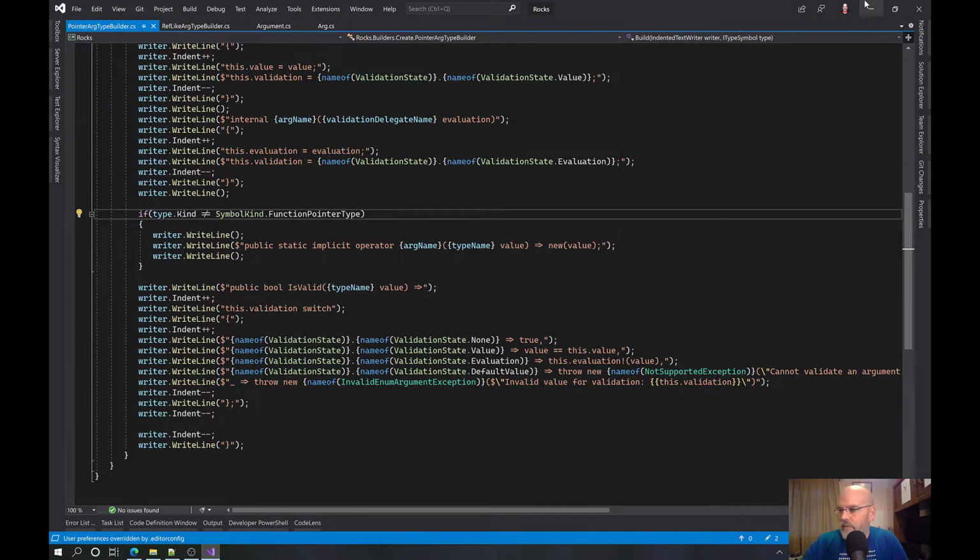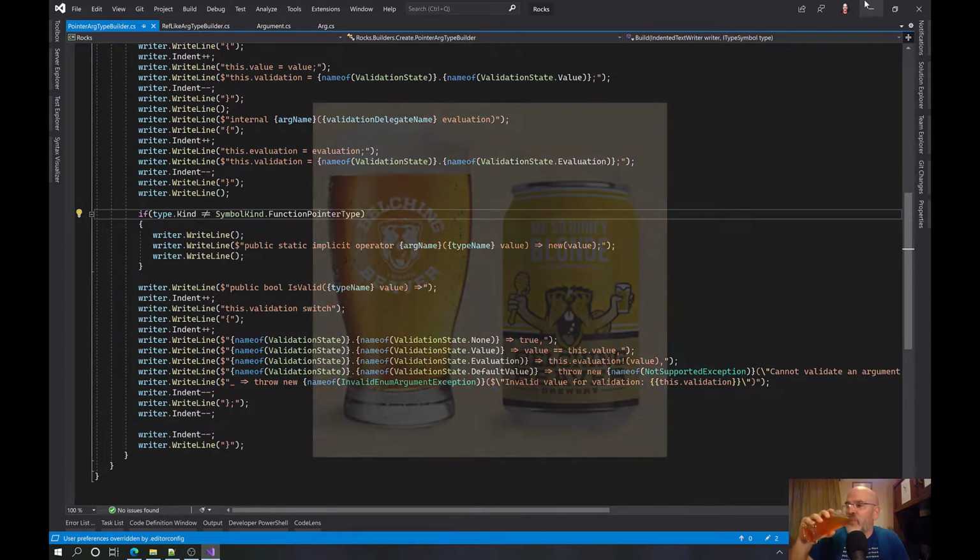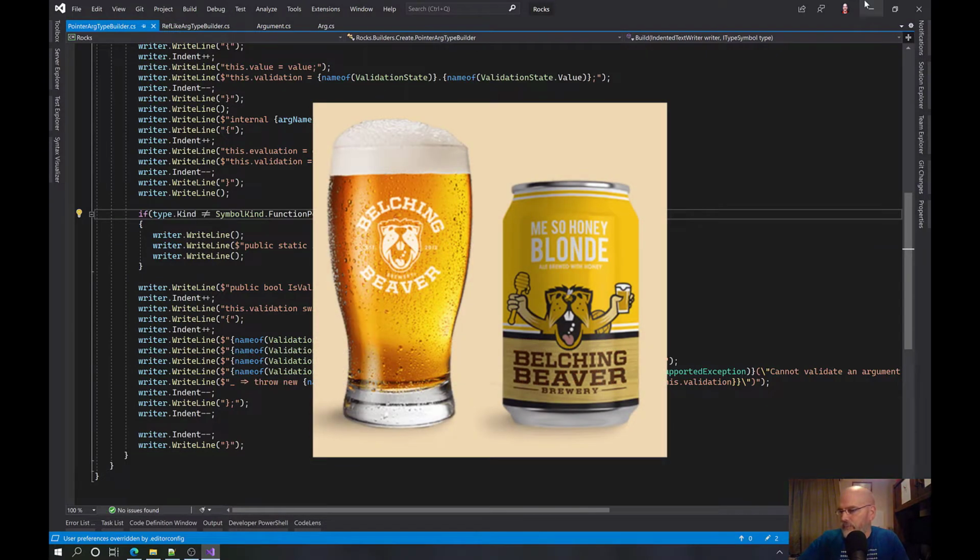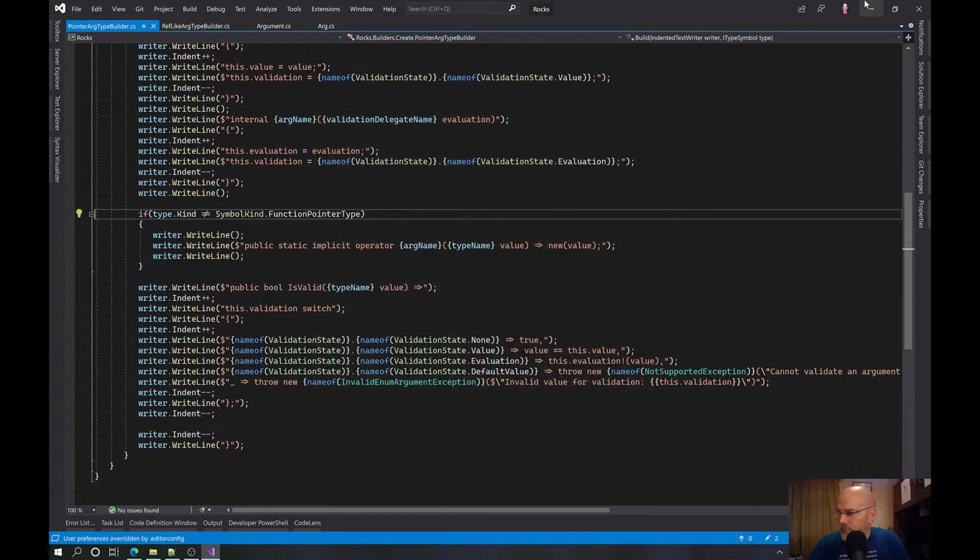My name is Jason Bach and I am having a Belching Beaver. I'm not kidding. That is the name of this beer. Slightly bitter, just a little bit, but it's okay. I did one of those things where you get the 6-pack and you try different things, and it's all right. It's not knocking my socks off, but I've had worse, which just doesn't sound like a really ringing endorsement. Let's have another sip, why don't we? Yeah, it's okay. All right.